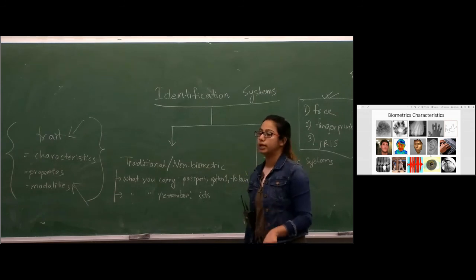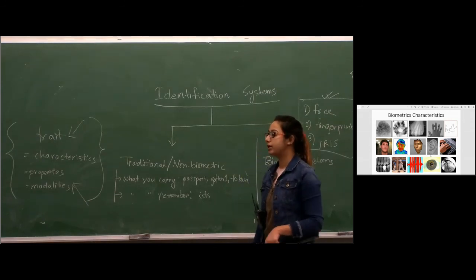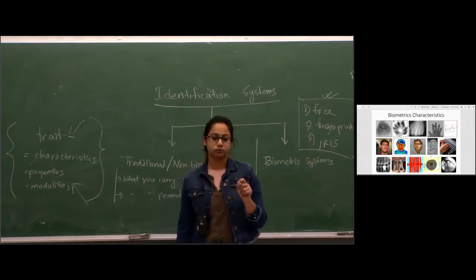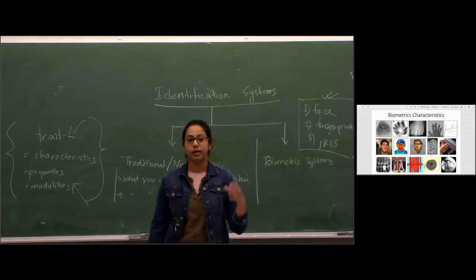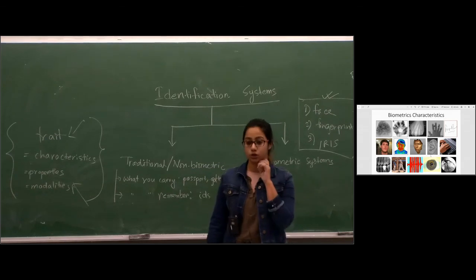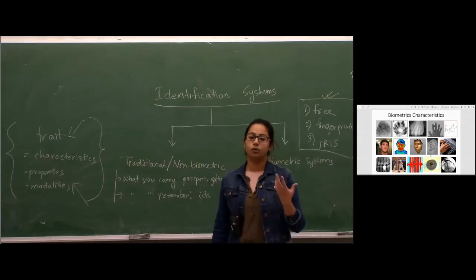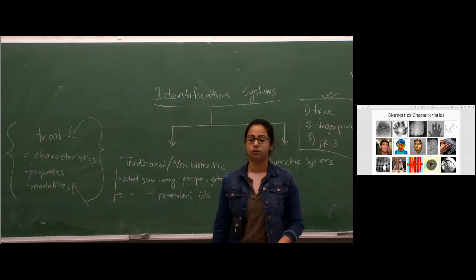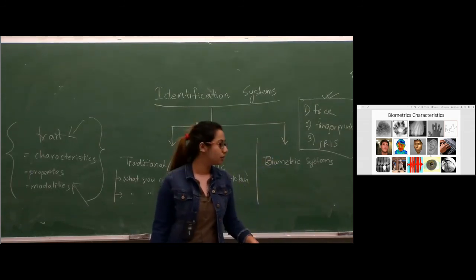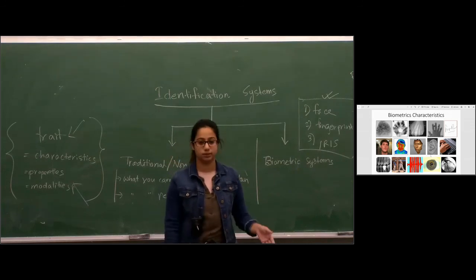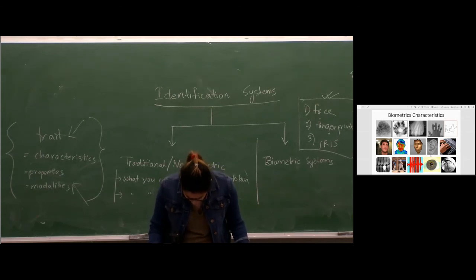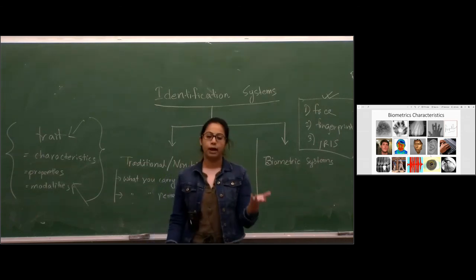But if I want to get your iris information, firstly I need a very good NIR camera, plus you have to stare very sharply at that camera. If there is slight movement, if there is glare, if the illumination is not correctly adjusted, we may not get any useful information from the iris. So the user's cooperation is very much needed in an iris based biometric system, so that is a challenge.